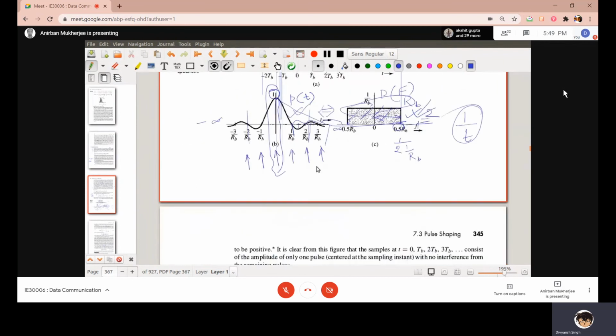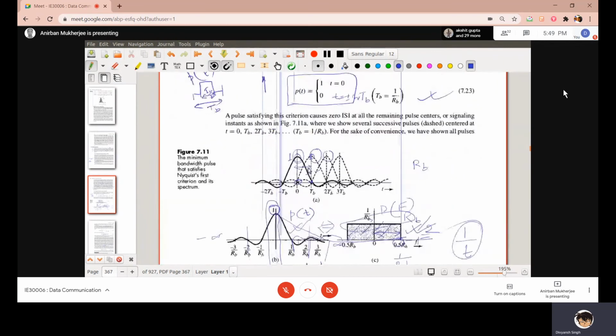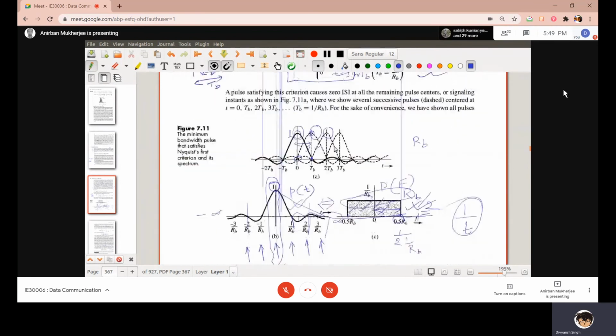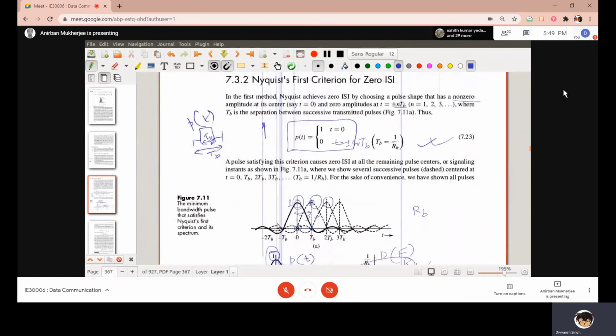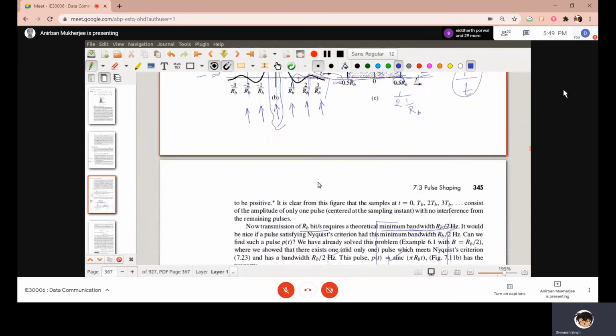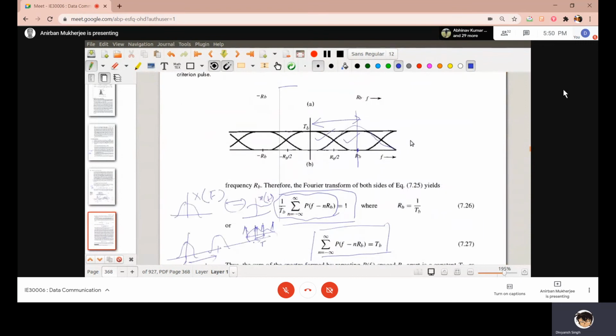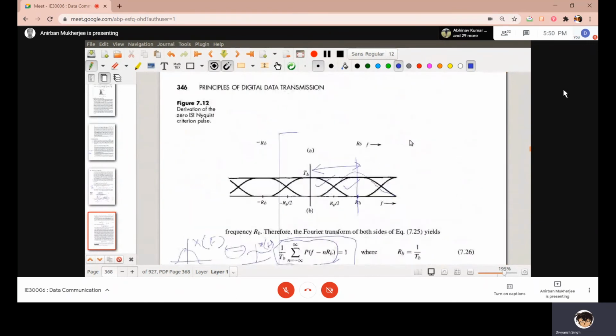And the second criteria. We have seen that with this type of pulses I don't have ISI, but this sinc function is unrealizable, because though it attains the minimum bandwidth, another problem is that it decays at 1 by t. Please remember that this is the basic problem. Decaying at 1 by t means there's a problem, so that's why we have increased the